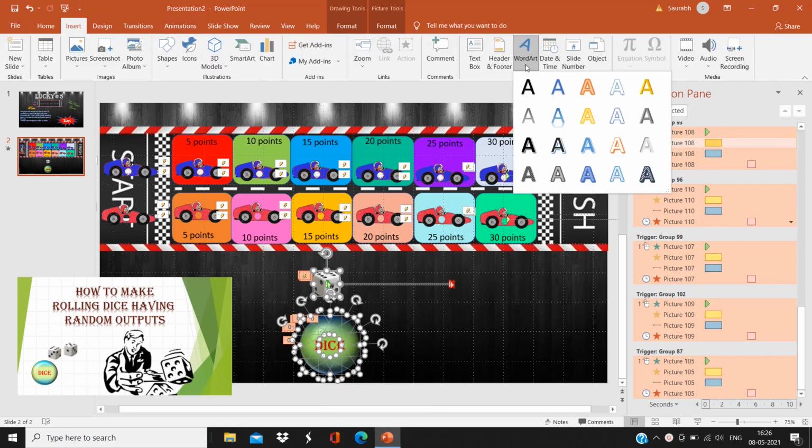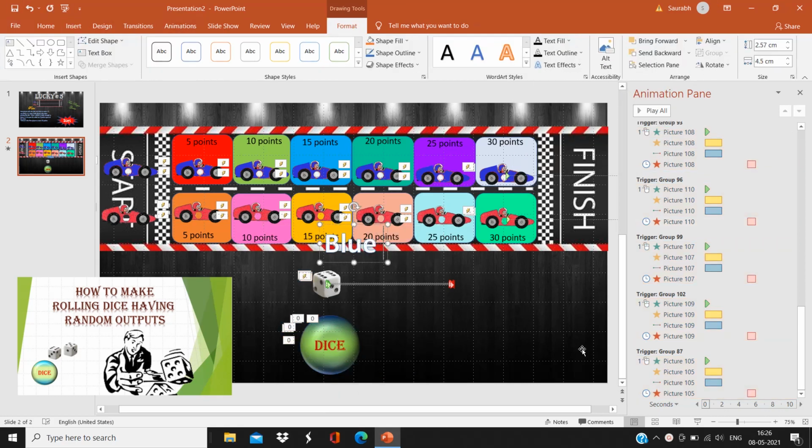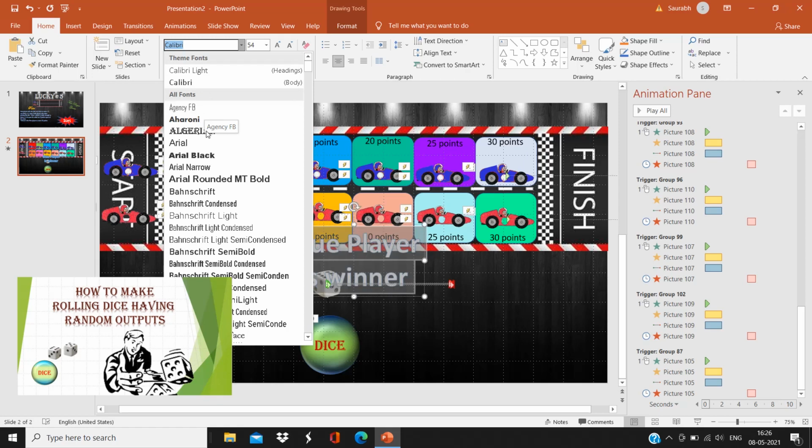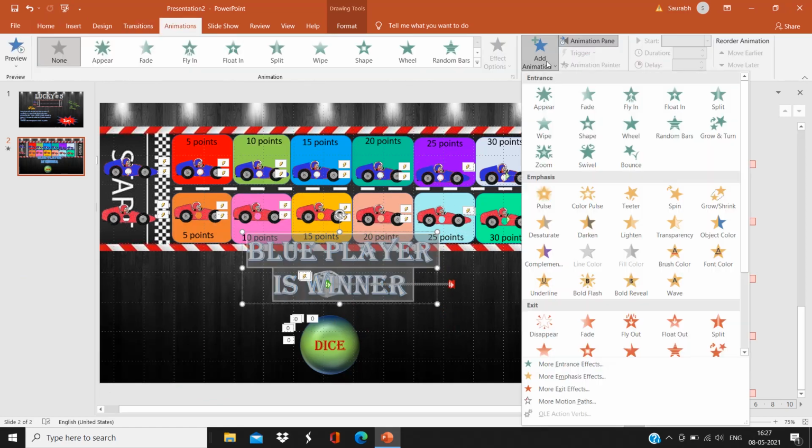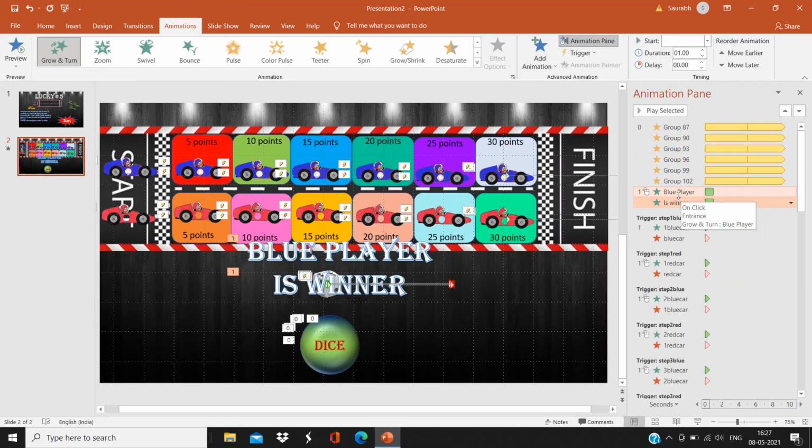Click on insert, click on word art. Write, blue player is winner. When blue player wins the game, just set size and font as always. Animation grow and turn, I'm giving it here, and as you can see on click, I'm making it after previous.